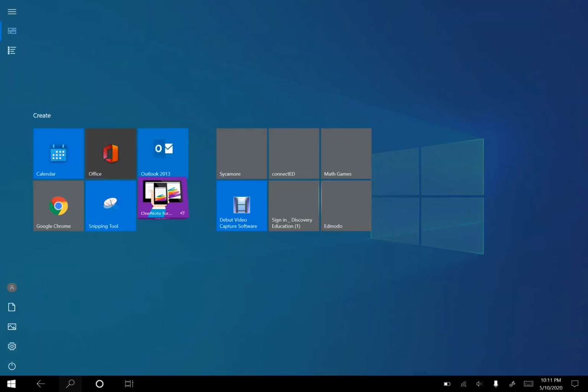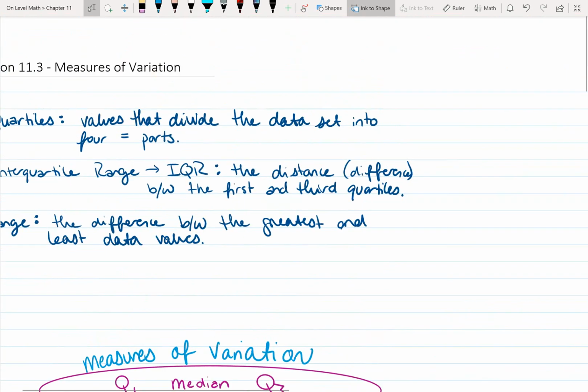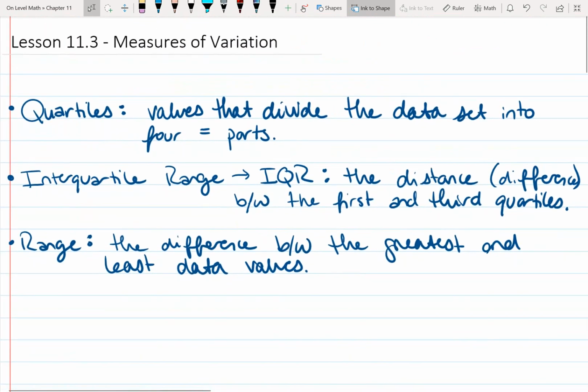Good morning. We are moving on to 11.3, measures of variation. Now, we're moving into words that are pretty out of our comfort zone at this point. You've probably never heard of these words before. Actually, range, yes. But we're moving also into a form of displaying data that is very different than what we're